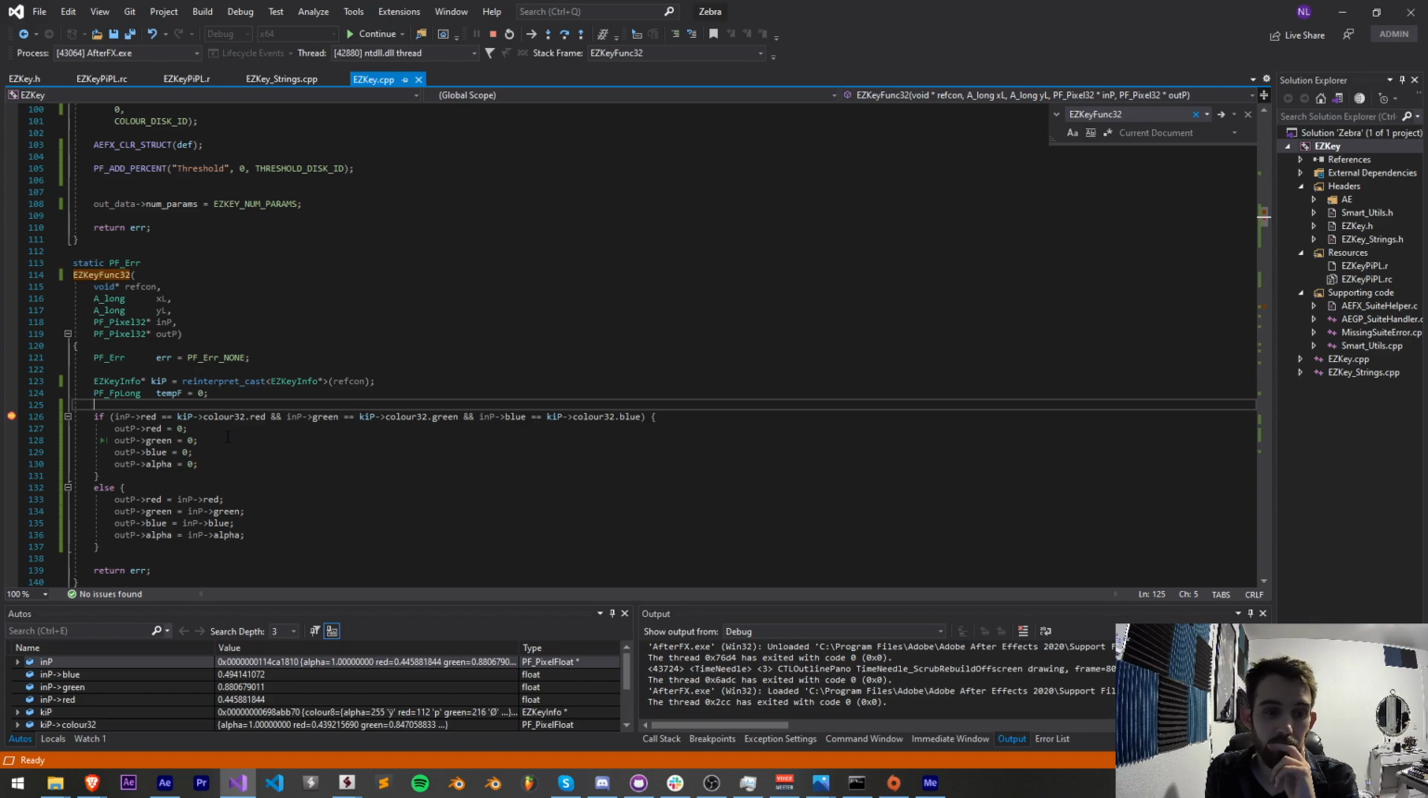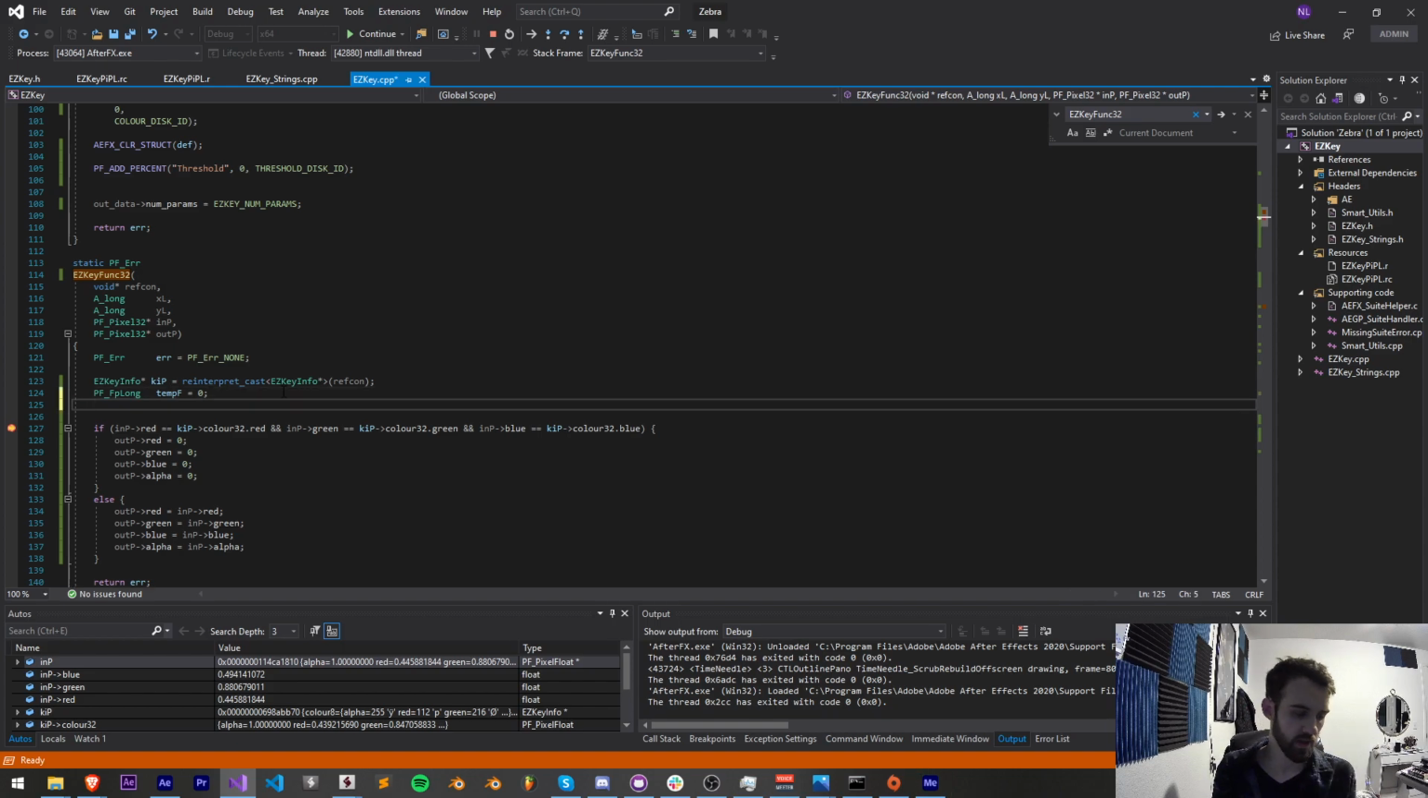So, I think what we need to do is make it a little bit more complicated. We can't just say, are these color values the exact same? We do probably need to include our threshold now. So I'm going to say,